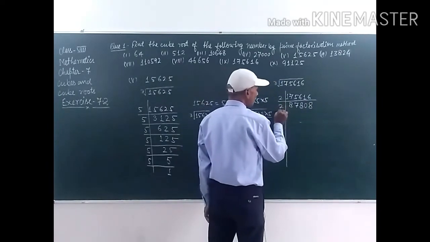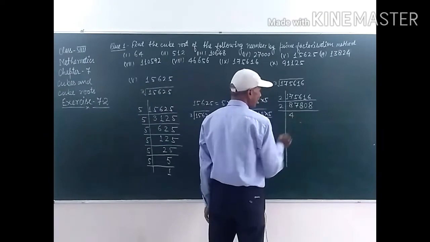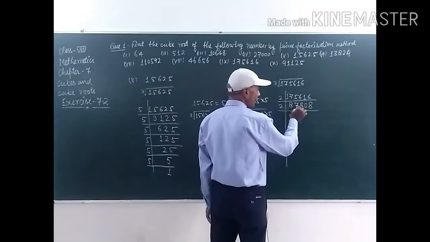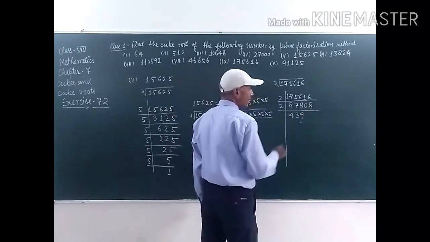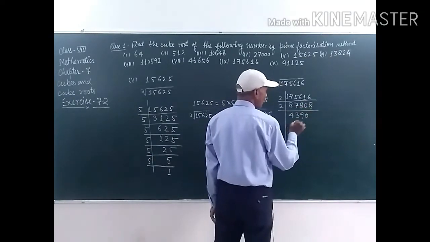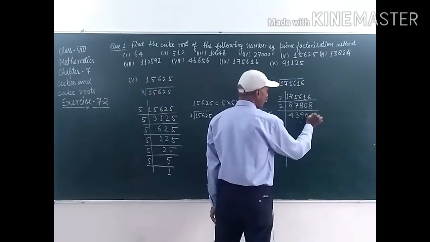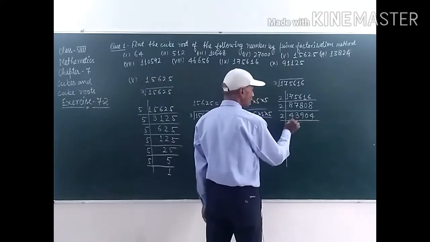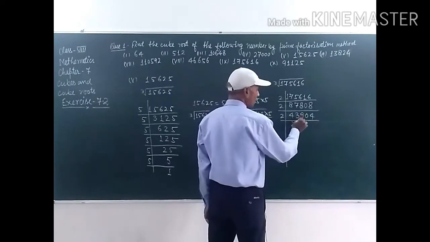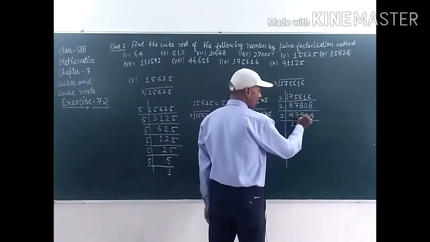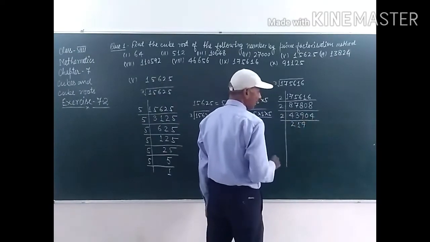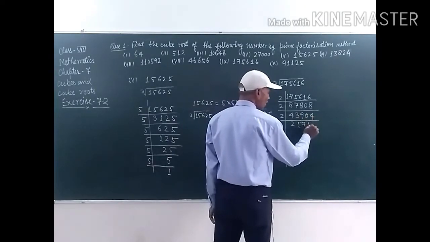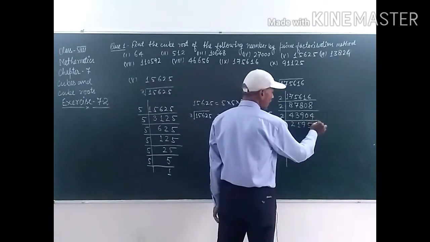Now again by 2. 2 4 ja 8, 2 3 ja 6, 1 is left here, that is 18, 2 9 ja 18, and this one 0, and 2 4 ja 8. Again by 2, this one 2 2 ja 4, 2 1 ja 2, 1 is left here 19, and 2 9 ja 18, and this one 1 and 0 10, 2 5 ja 10, 2 2 ja 4.